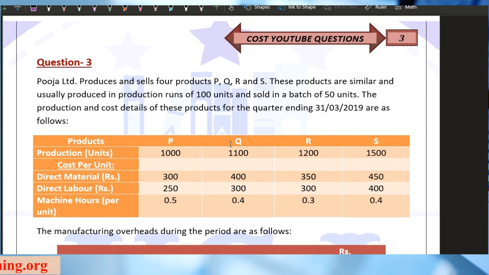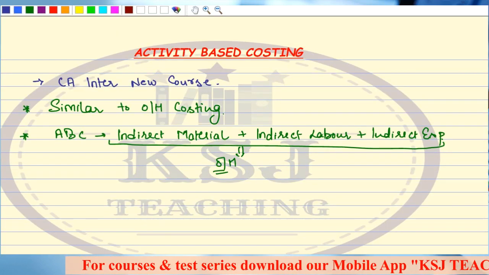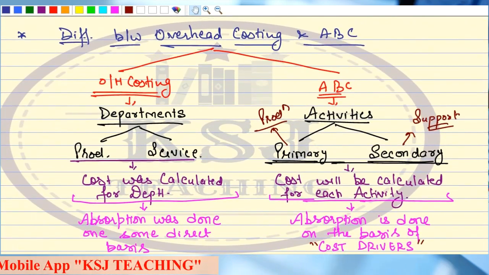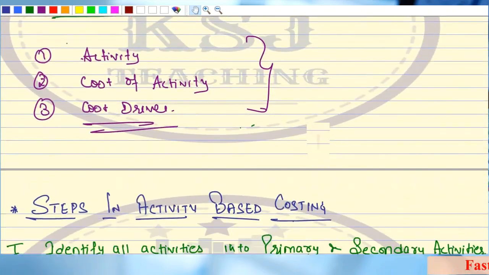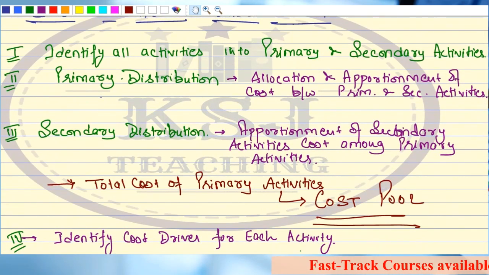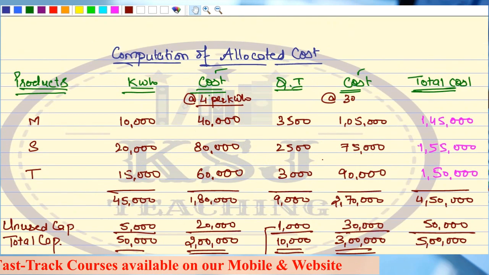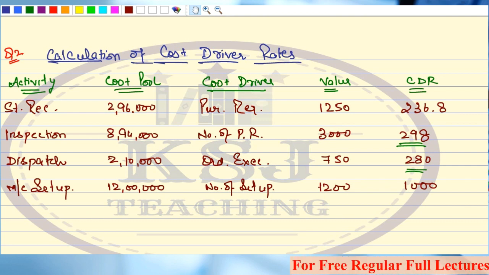So, now we have been discussing activity based costing, and I hope you are clear with the concepts. Whatever we discussed, the concepts about how it is being done, right? What are the different stages, what are the different steps, what is the difference between overhead costing and activity based costing, then what is cost driver, then we discussed the steps also, right? And in the last lecture we discussed two questions on activity based costing, question number 1 and question number 2. So we have discussed how we are to go about with the chapter. Clear, sir? So in this lecture we are going to wind up this chapter.